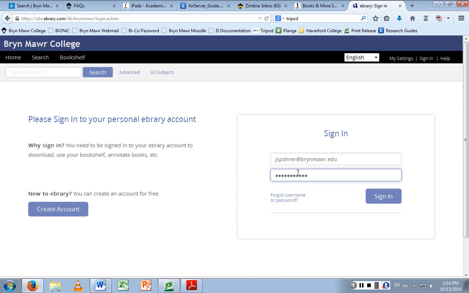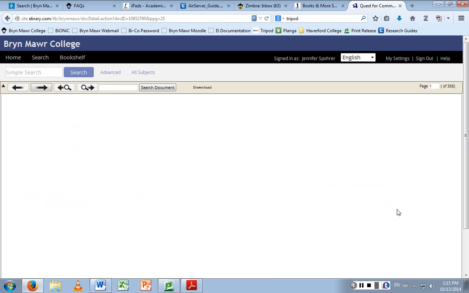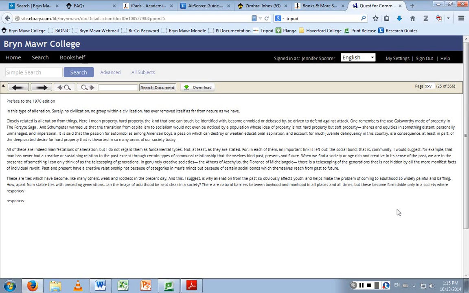I set up an eBrary account, which is free. And then I emailed the library and asked them to email eBrary and tell them to give me an accessible account. So now, when I log on, if I've logged in, I see this text.